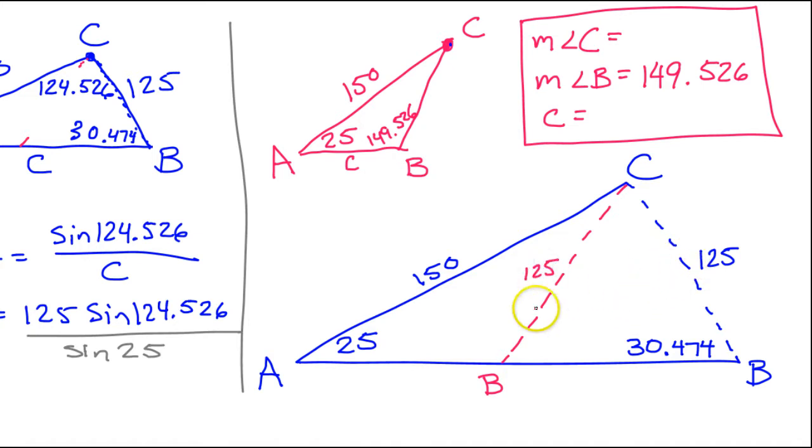So what we have is an isosceles triangle. So it makes sense that if this angle is 30.474, then this angle right here is also 30.474. Okay, these are base angles of an isosceles triangle. And that's why this obtuse angle is supplementary to this. That's why we find this angle by subtracting from 180. Because this is a straight line. It's a straight angle. So together it's 180 degrees. So that's why